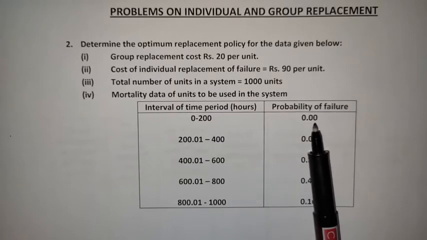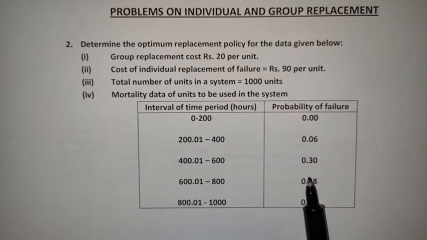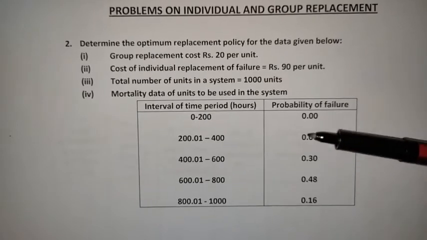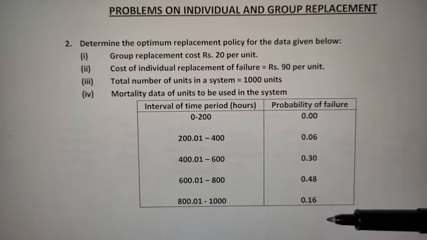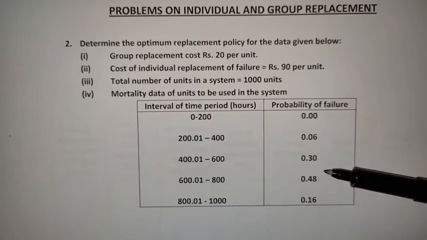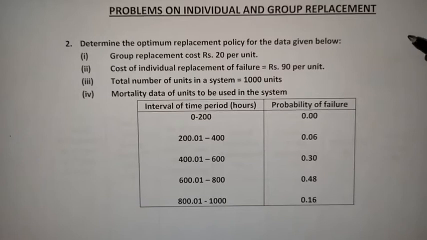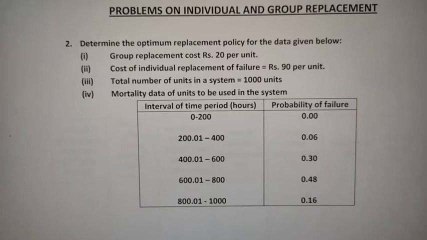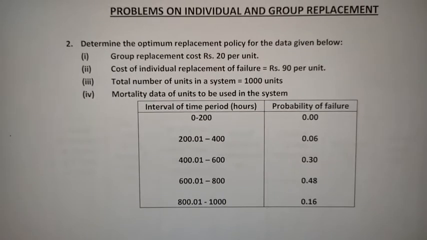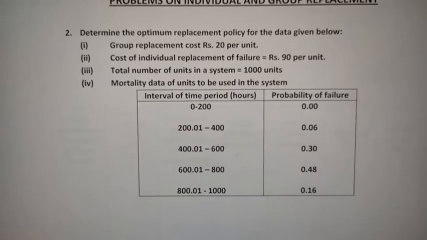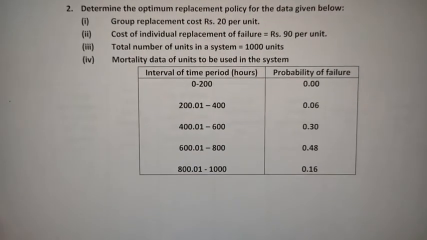So that means the P1, P2, P3, P4 and P5 values are directly given to us. And if you cross check and make a sum of these probabilities, you will get the total value as 1. So now there is no need to find the P1, P2, P3, P4 and P5 values individually. Let us get directly into the solution of the problem.